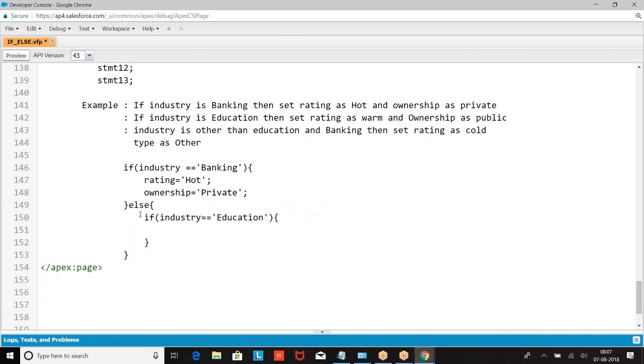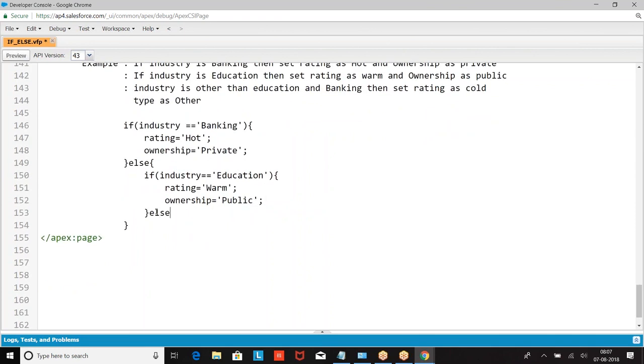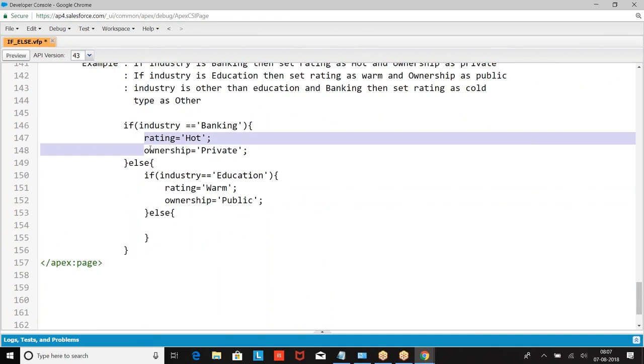Else if industry equal to education, rating equal to warm. Now if industry equal to banking, do this.